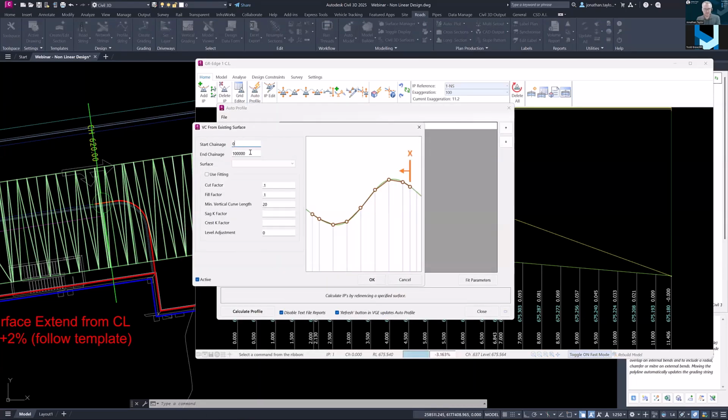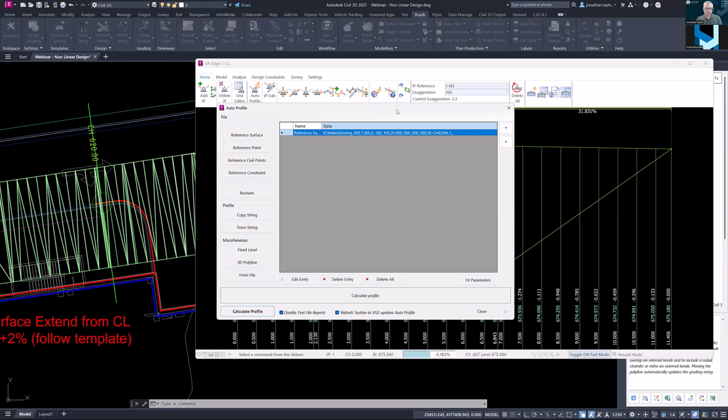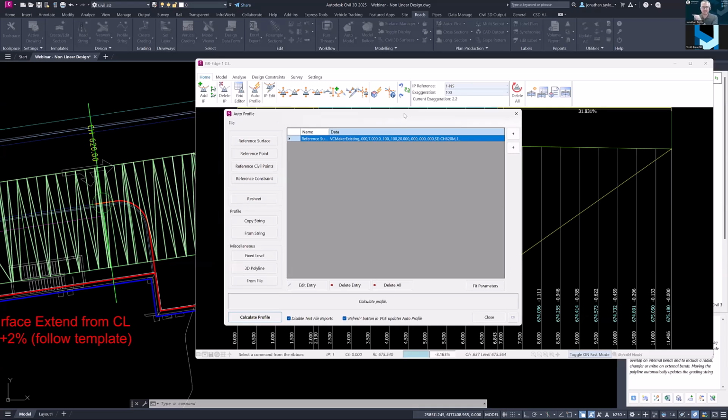I've used this to absolute death in training. It just gets used all the time. It's such a good tool. Click OK, calculate profile. Obviously, I'm way away with that original design there. However, I need to fix that last spot. That level there needs to be sitting at